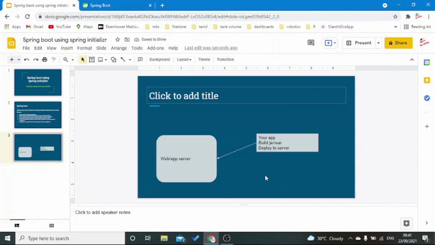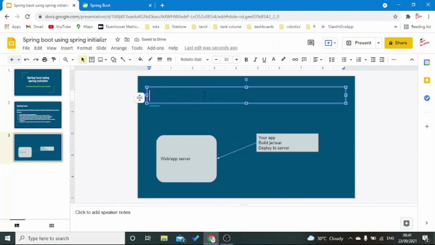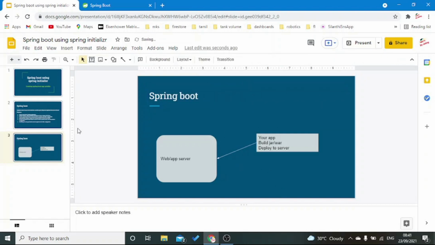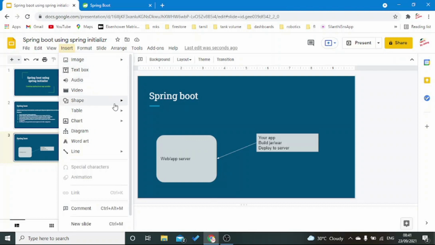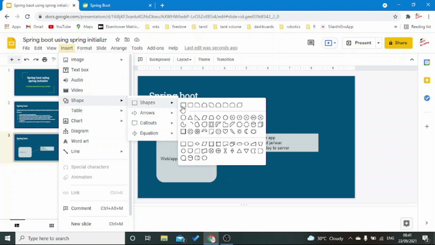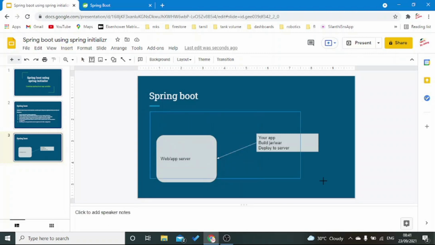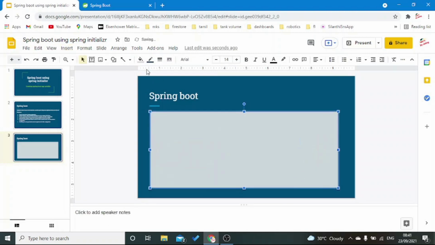But to quickly develop and serve the customer, these days Spring Boot is being used. What it does is bundle together the web or application server along with your code, along with your project application. That is what I am trying to depict here in the picture.